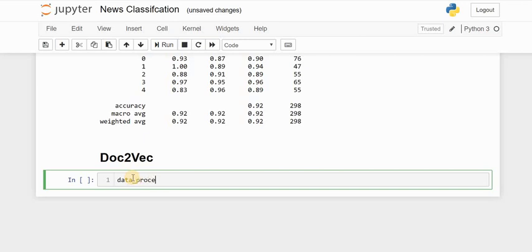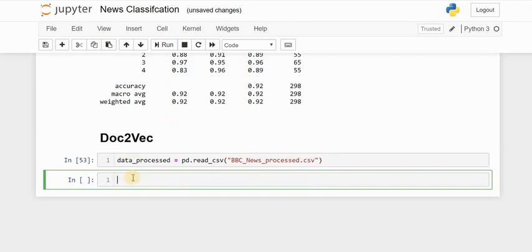I'm taking a new variable called data_processed, and I'll import the file with pd.read_csv, in which I'll write bbc_news_processed.csv. I think in the second part we saved this file.